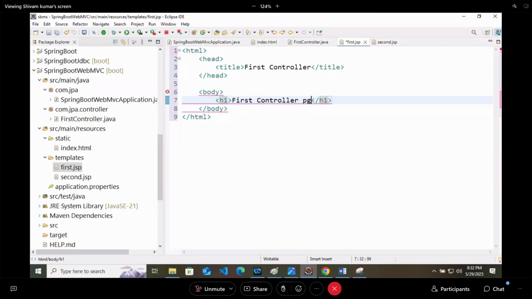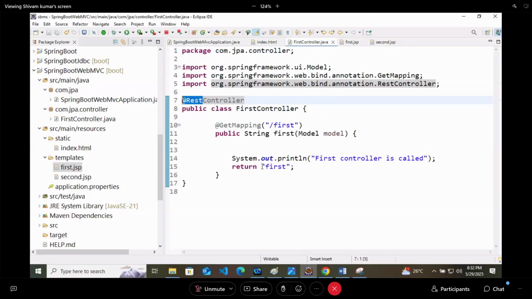Again I will keep it as a Controller only, not RestController, because with RestController we are getting the output in this format, and we want our JSP or HTML file to be loaded there.